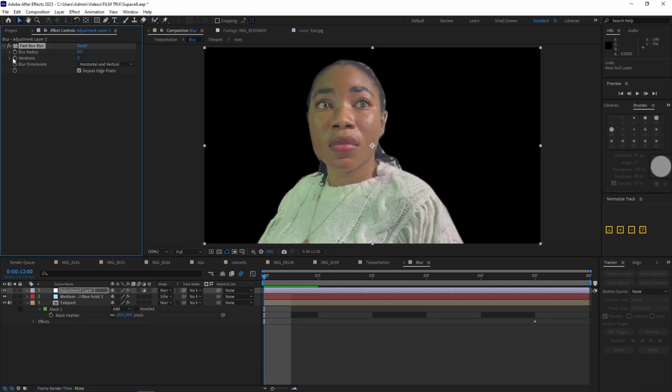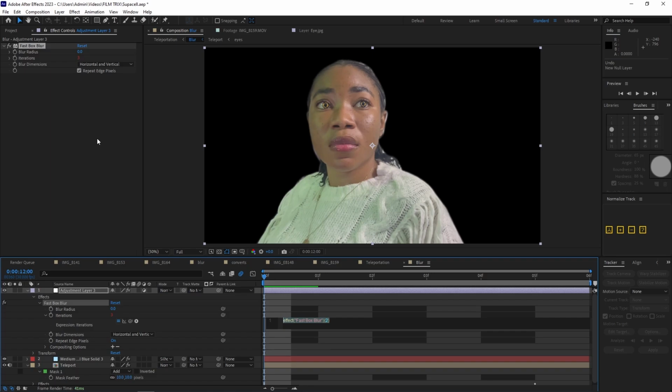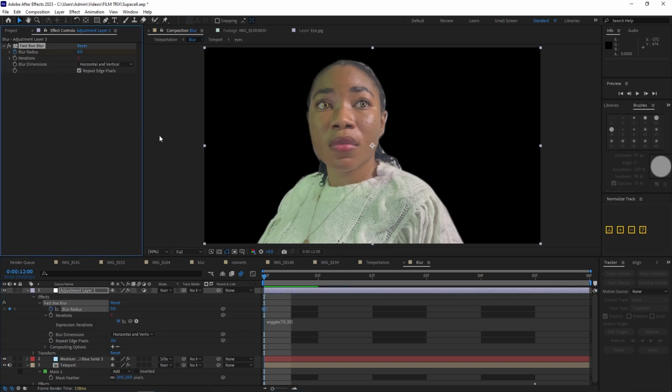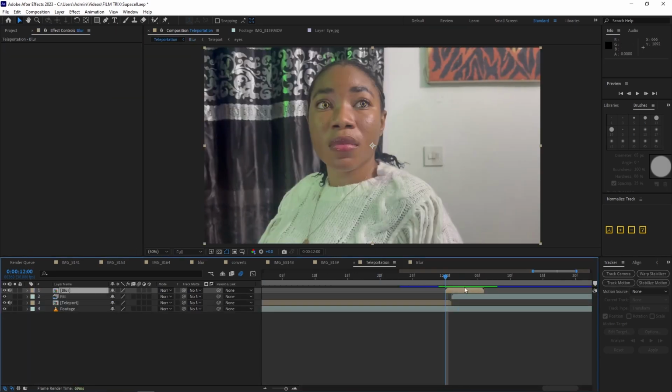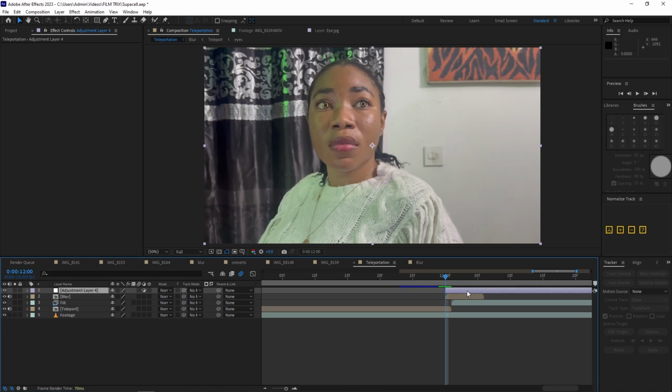Alt click on the iterations and type wiggle 15,30. Hit the stopwatch for blur radius, move forward to the last frame and increase it to 30. Then change the blur type to vertical. Go back to the teleportation layer, create a new adjustment layer, trim it to start right before the blur,